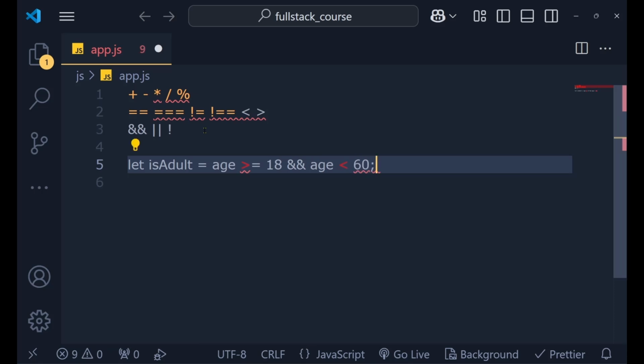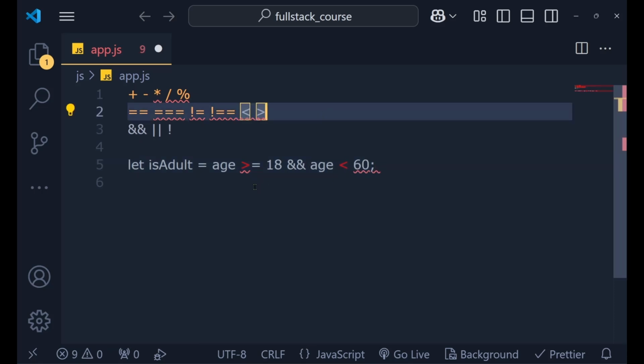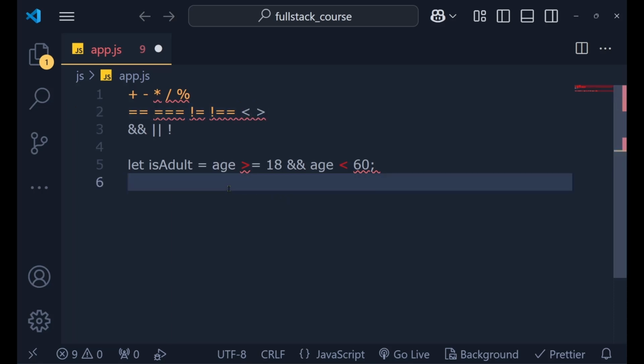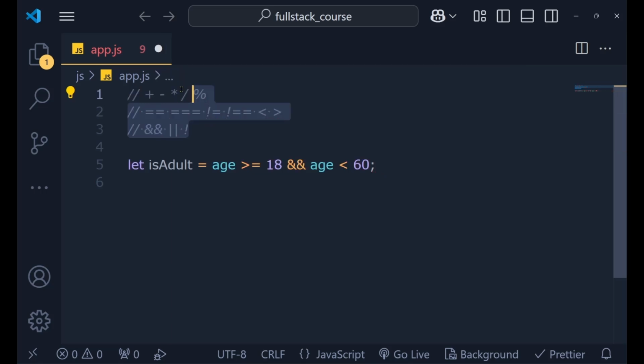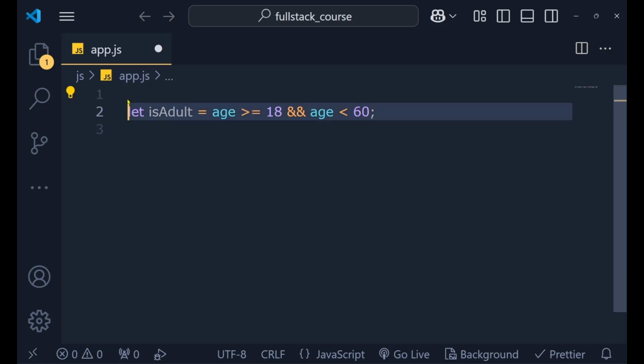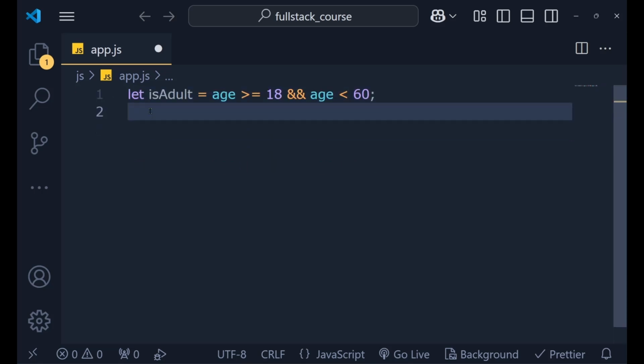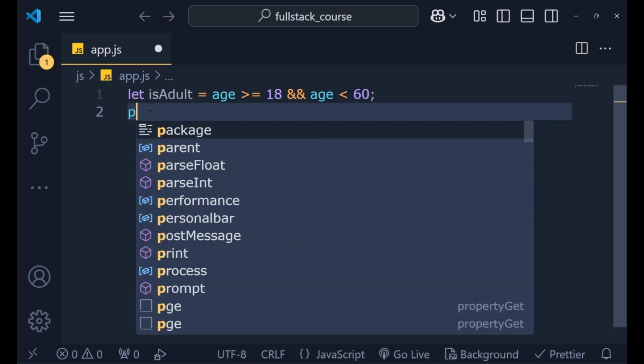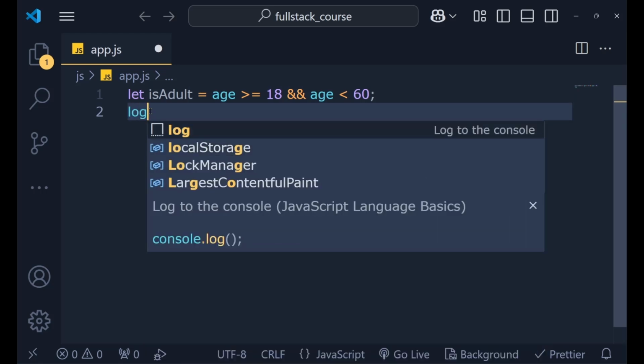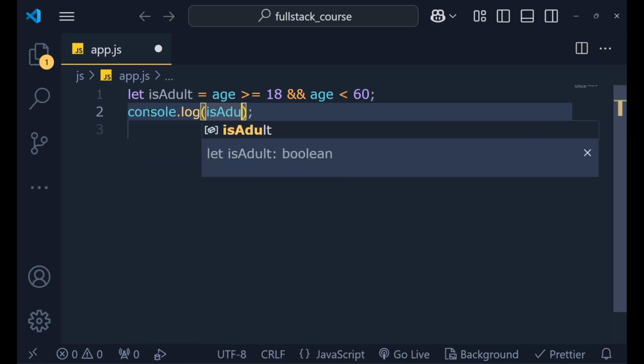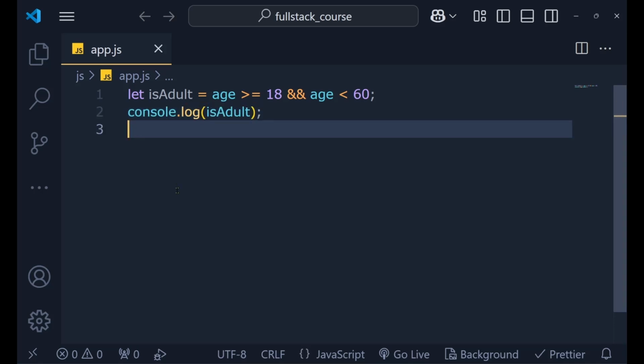In this case, if I comment all these things because they were the ones causing us errors, and then just log isAdult, and then if I run it,